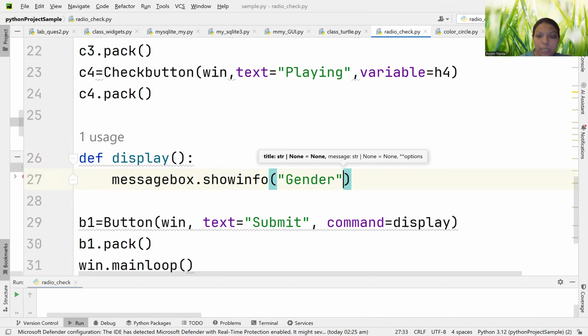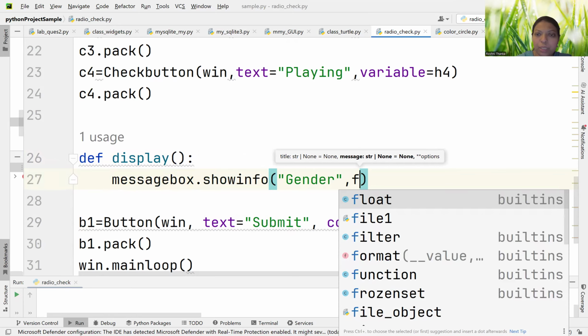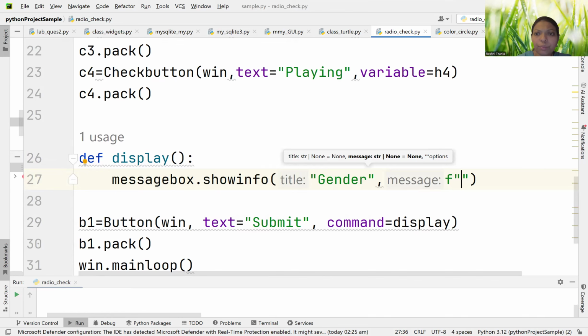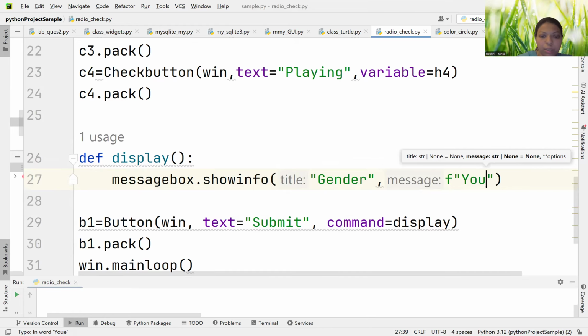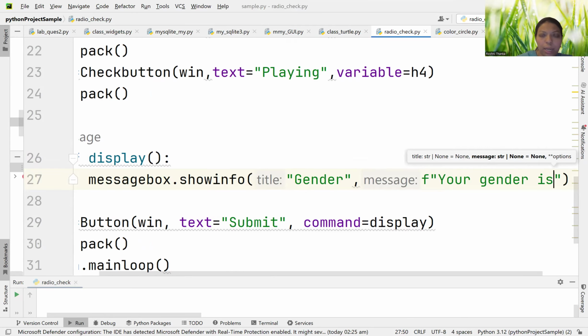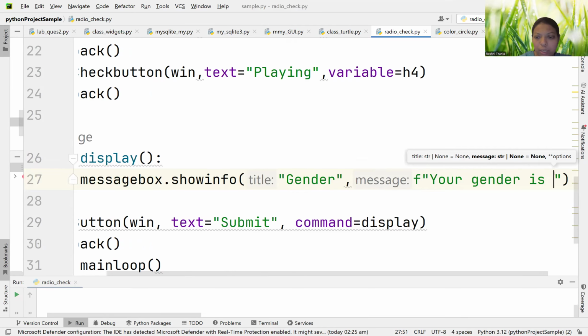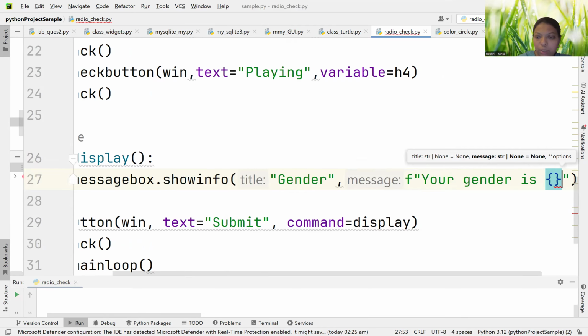So I'm going to say here it is going to display the gender, and then I'm going to use this string formatter. There I'm going to say that your gender is